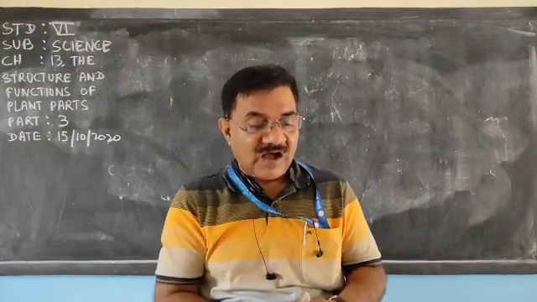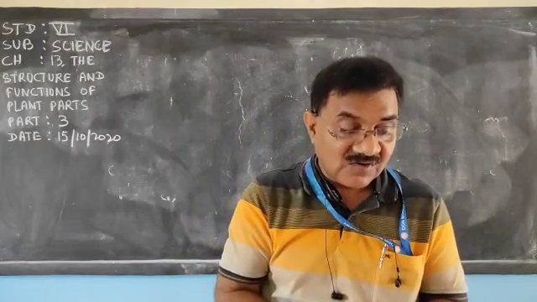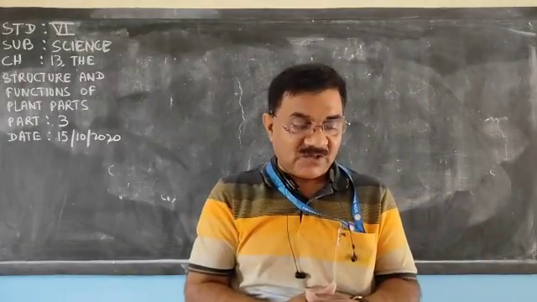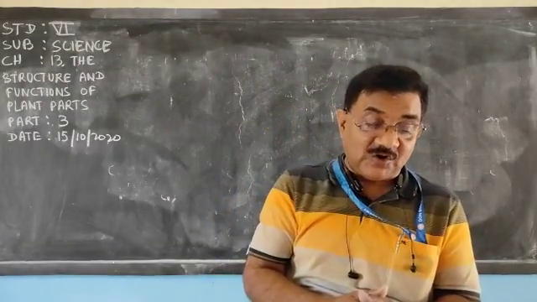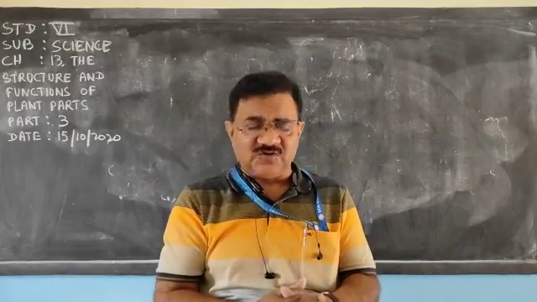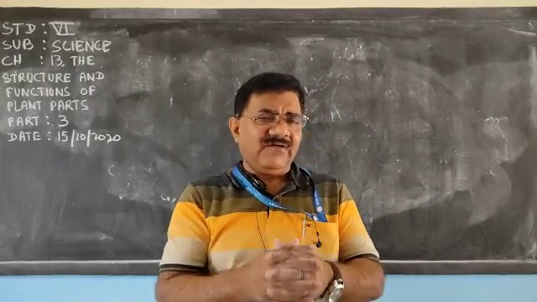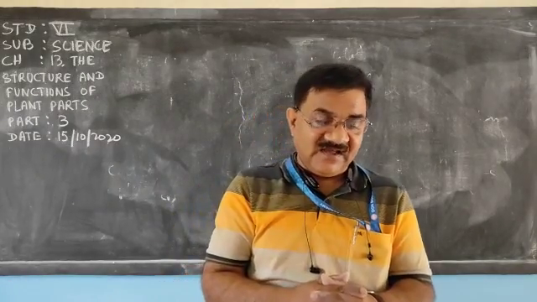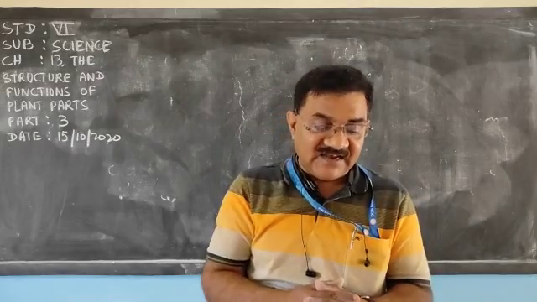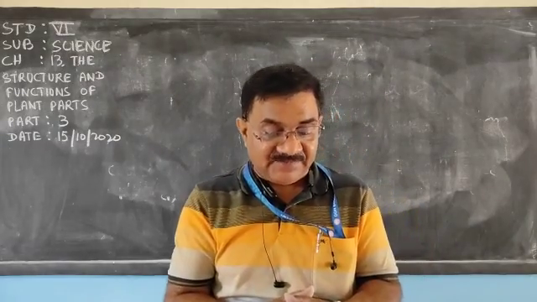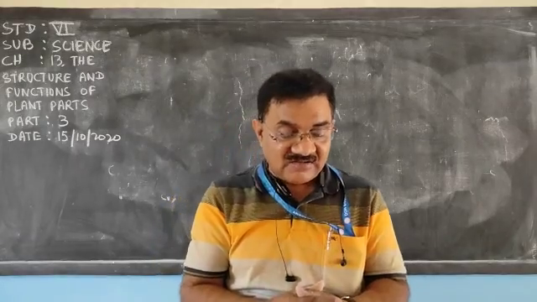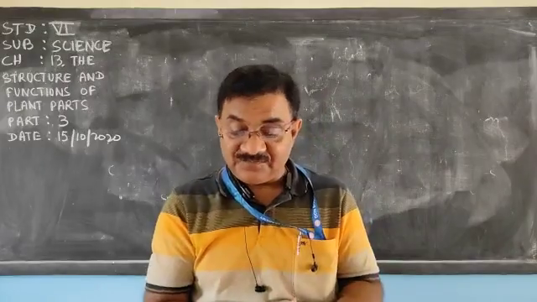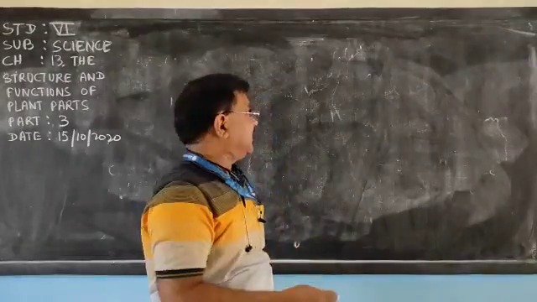Leaf is an outgrowth, a lateral outgrowth of the stem, which is green in color due to the presence of chlorophyll and does the work of photosynthesis. In structure we have also discussed that a leaf has a leaf base, leaf blade, apex, lamina, veins, stalk, and some leaves may have stipules. We were discussing venation.